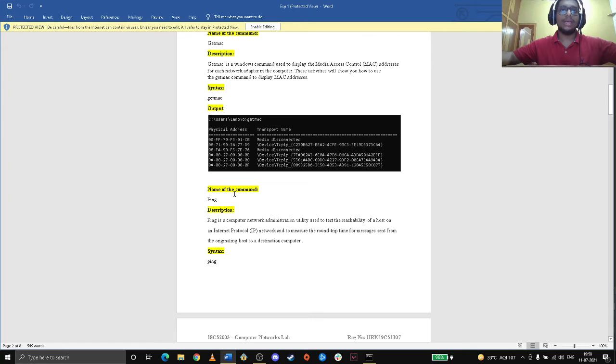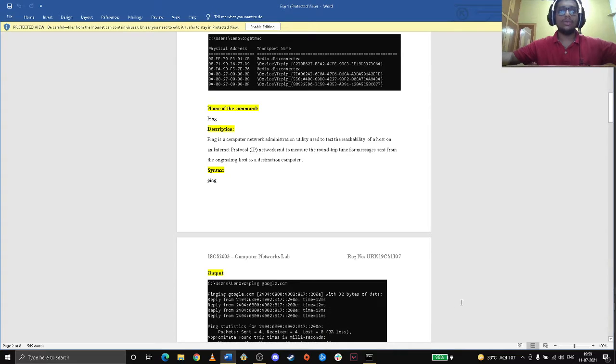The next command is ping. Ping is a computer network administration utility used to test the reachability of a host on any internet protocol network and to measure the round trip time for messages sent from the originating host to a destination computer. We will ping something like Google or Facebook.